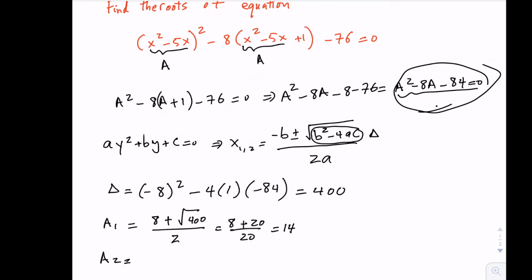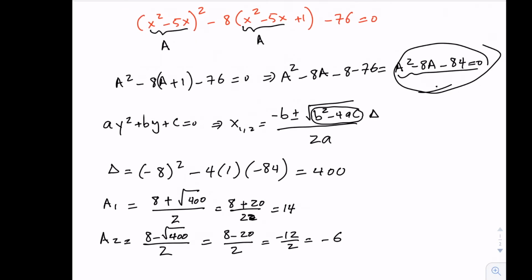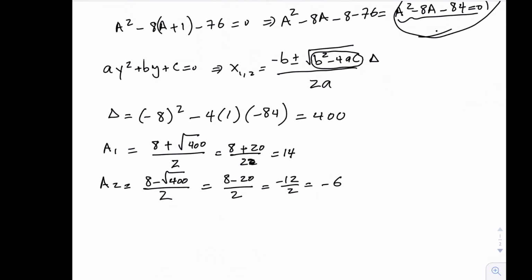And the second root, a2, is 8 minus square root of 400 divided by 2, which is 8 minus 20 over 2, which is minus 12 over 2 and is minus 6. Now, a was x squared minus 5x. So now we can say x squared minus 5x is equal to 14, and x squared minus 5x is equal